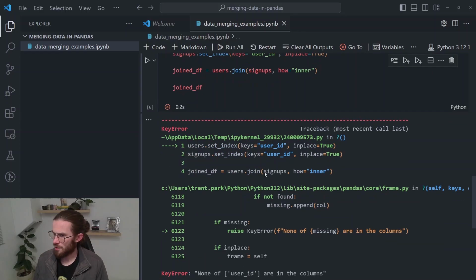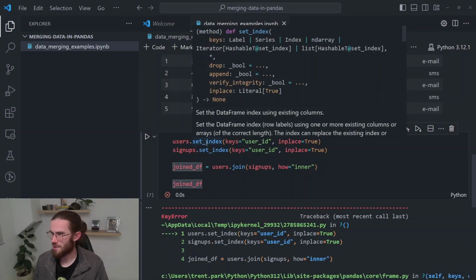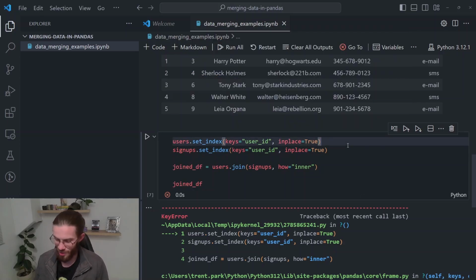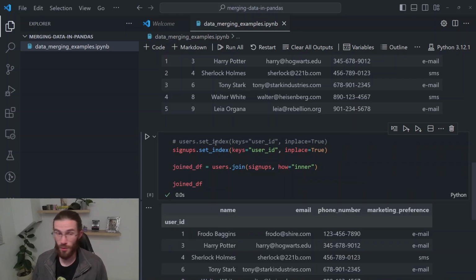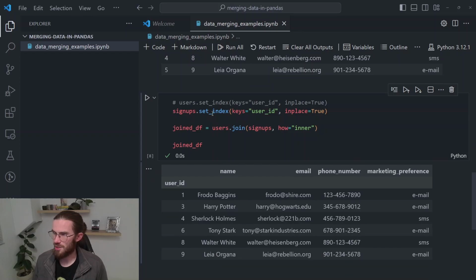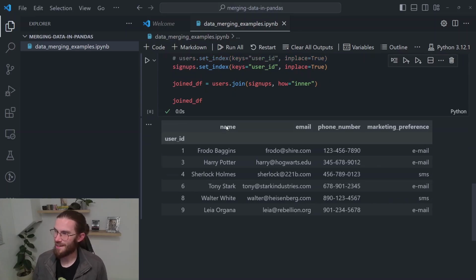Ooh, we've got a key error over here. So this is because I'm trying to repeat a set index operation on top of users when I've already set the index. So it's saying that user ID is no longer a column. My mistake. So I'm not going to repeat the operation. It is already the index. So in this case, I just needed to set the index of signups. Sorry about that. All right, but we can see with the corrected code now that we get exactly the same